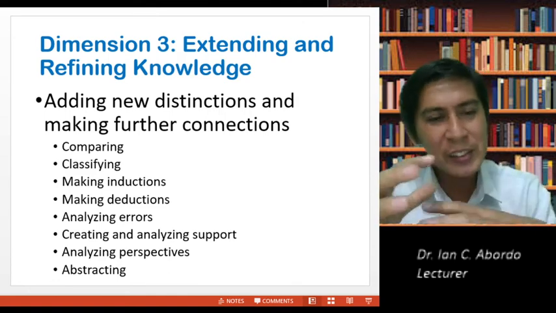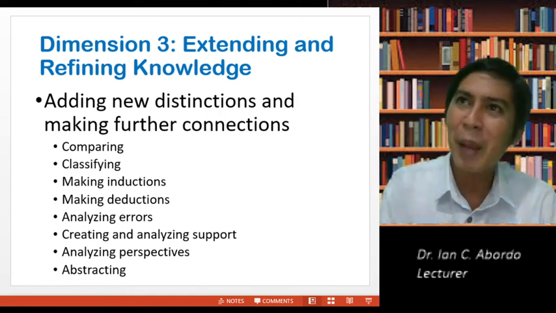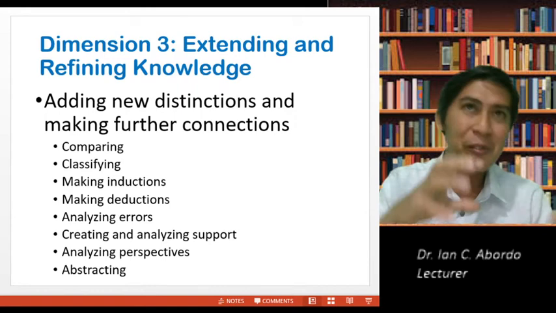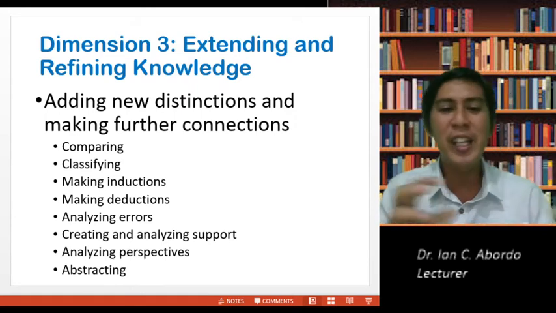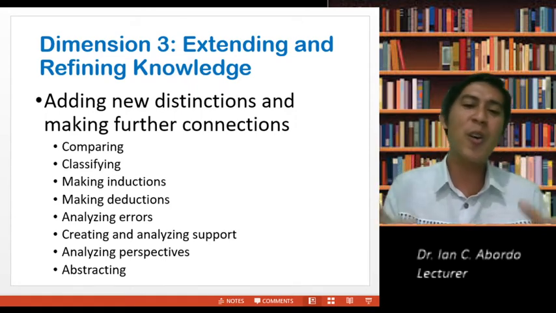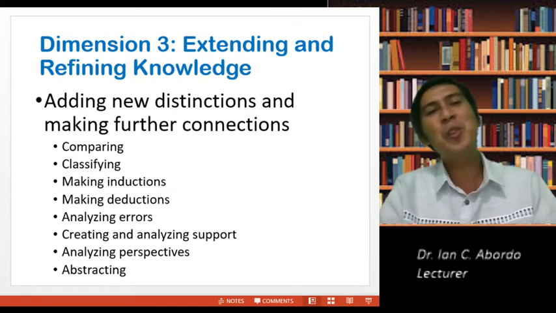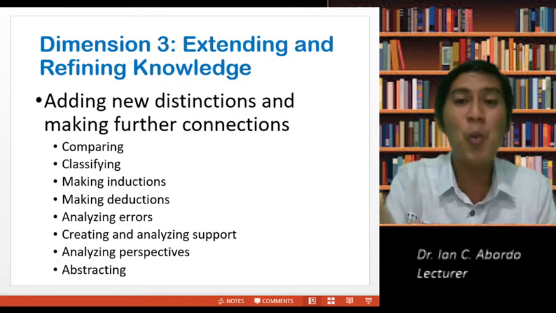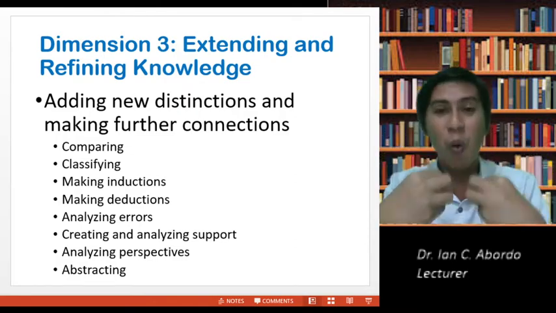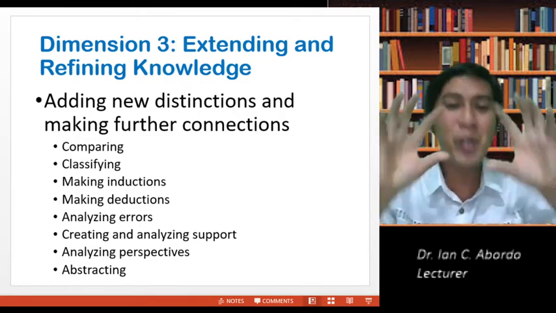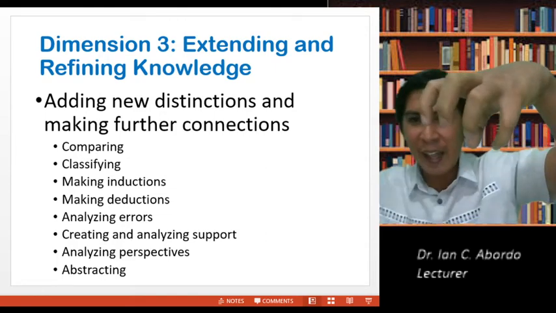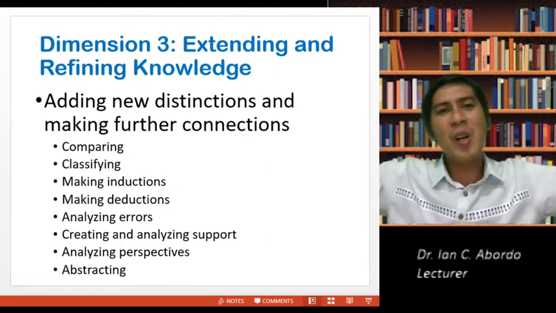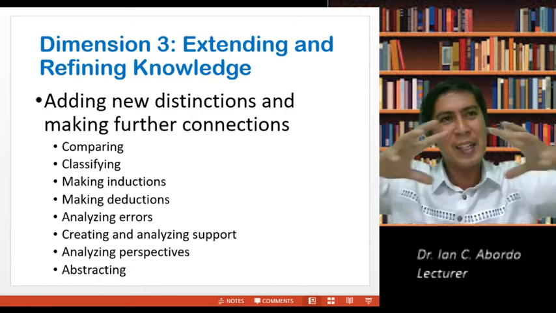So you provide activities where students will make comparisons, classifying, making inductions, deductions, analyzing errors, creating and analyzing support, analyzing perspectives related to what has been acquired and integrated in the new lesson. So the new lesson is extended. So more connections, okay, expanding knowledge.